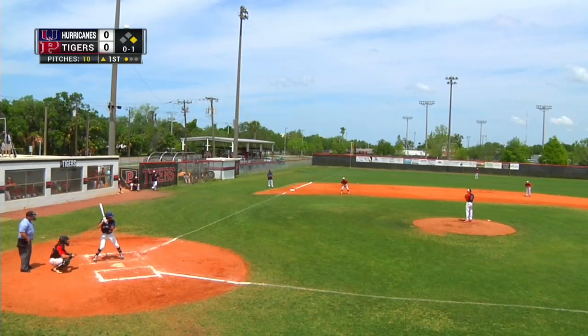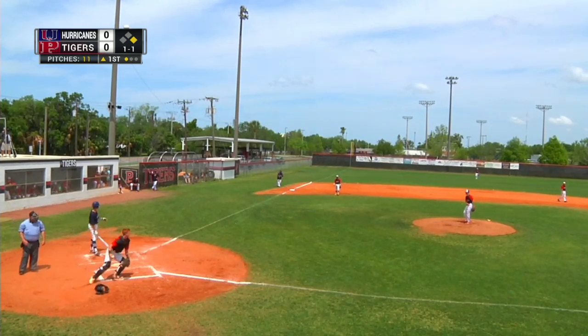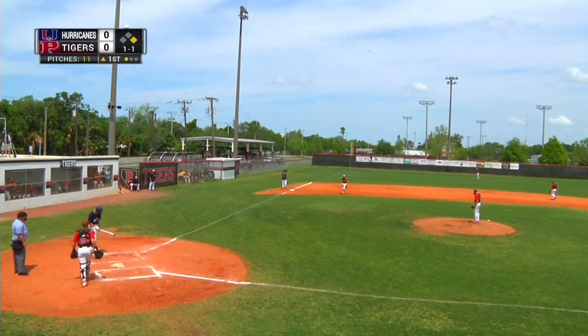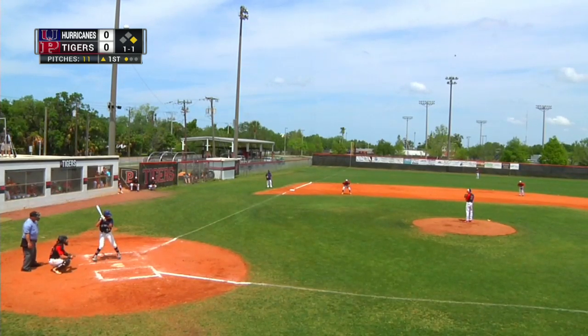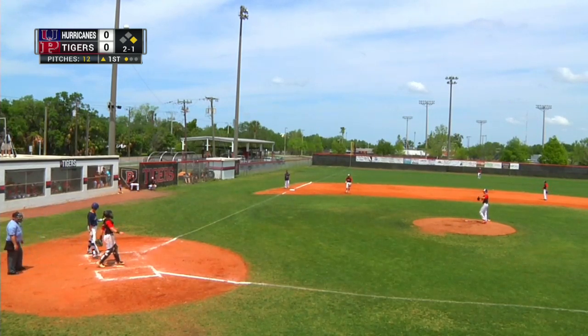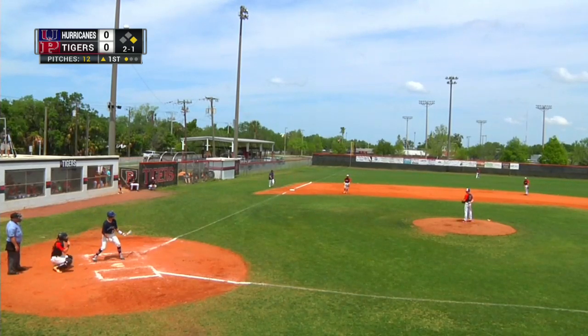No balls and 2 strikes on the batter, Tanner Mink. And there's a ball in the dirt, but Ty Hooks, once again, doing an excellent job behind the plate as catcher. He really has all the skills that you want in a catcher. He's an excellent defender, hits for power, got a great arm. The runner on first taking a lead. And the pitch, and that's going to just miss the outside plate. Ty trying to get the batter to chase on that one, but no go. Brings the count to 2 balls and 2 strikes